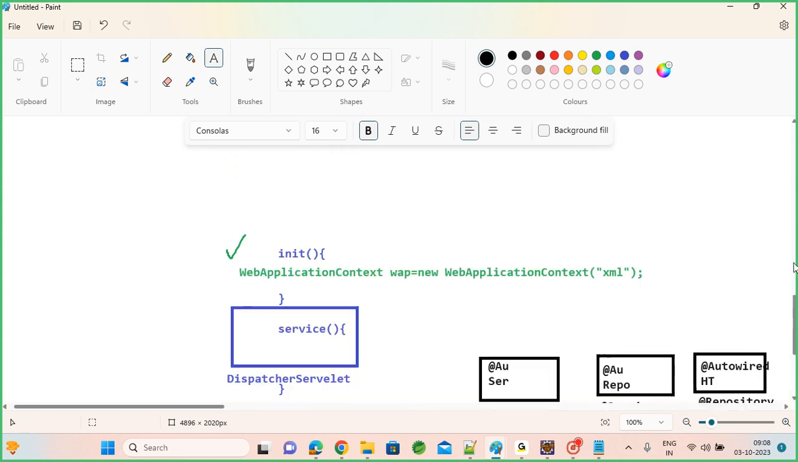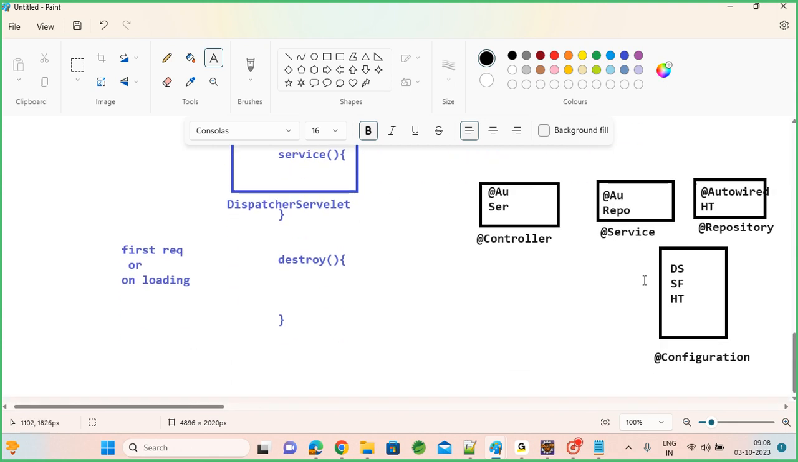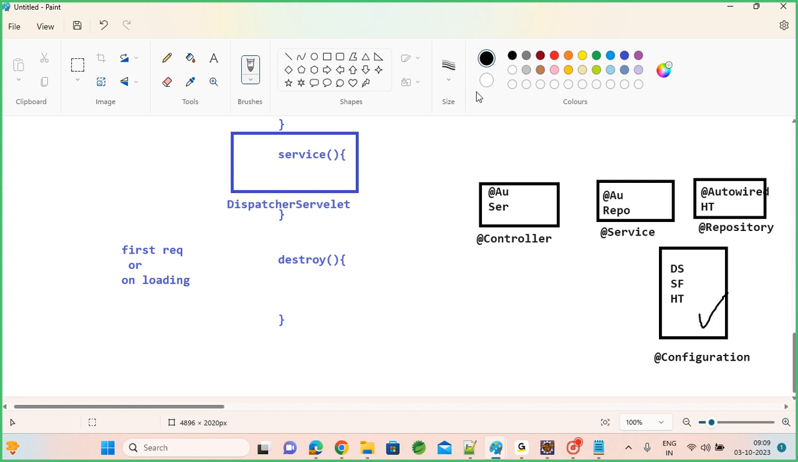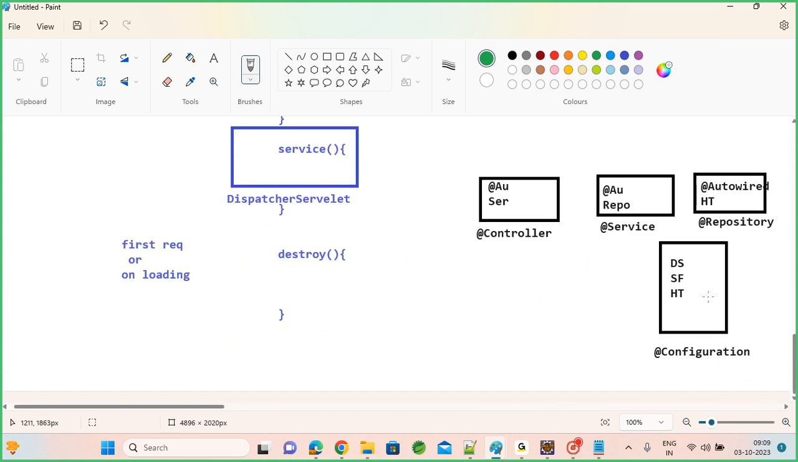So as soon as this XML file loads during your server startup, it will scan all your classes: configurations, services, controllers, repositories. First it will create the configuration object. As soon as the web application context starts, it will load the XML and create objects for configurations first. Under the configurations, it will create all bean objects: dispatcher servlet, session factory, Hibernate template, and the data source. Sorry, the data source we pass into